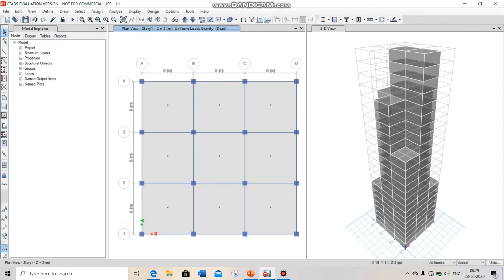For that you have to choose the Similar Stories option from your right hand bottom corner. Choose Similar Stories, because stories 1 to 8 are similar stories, and here the live load value is the same.